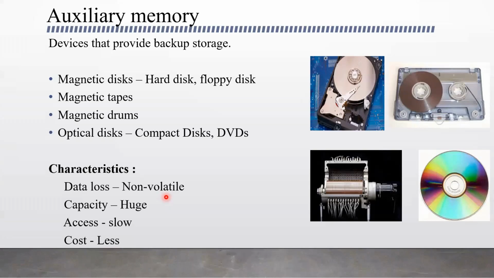It is non-volatile memory. The content remains unchanged when the power is switched off, and the storage capacity is huge, so large programs and data files can be stored in this. When they are needed for processing by the CPU, they can be brought to main memory. A part of a program or a part of a data file can be brought to main memory depending on the size availability, and then sent back to auxiliary storage devices. Then, the access is slow here. As it is a slow access device, the cost is less.